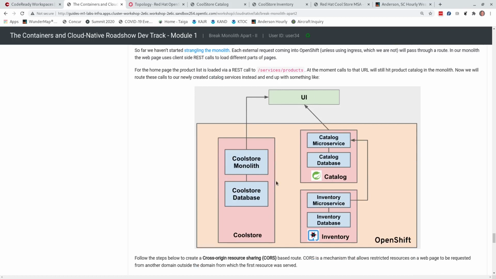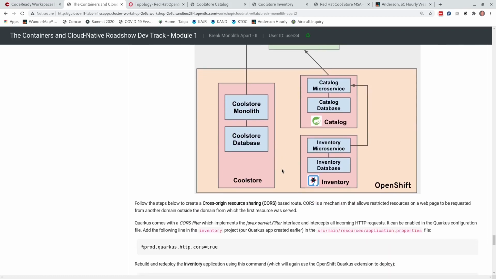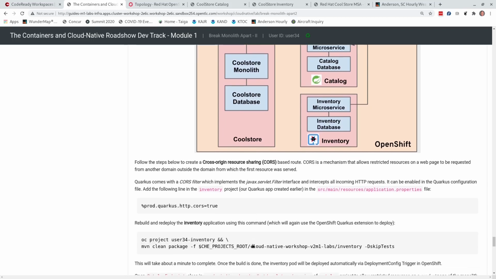So here's where we're at. Now, to really finish this up, we need to make a modification to the deployment of the monolith. So it is calling these microservices, so that we can evolve these microservices over time without changing the monolith. So the first thing we'll do is